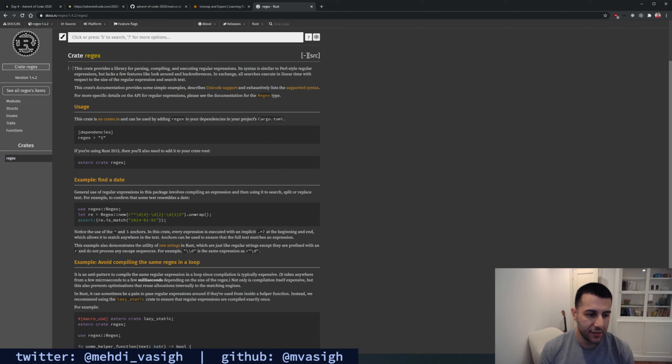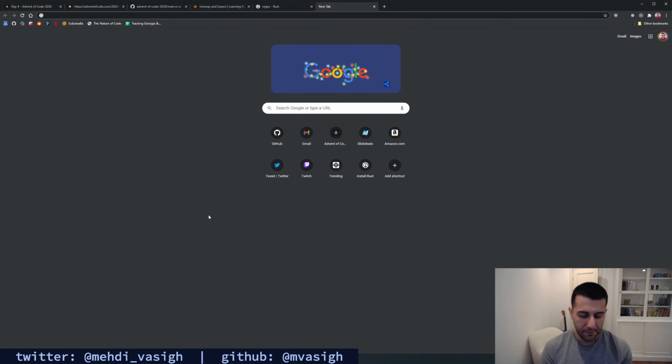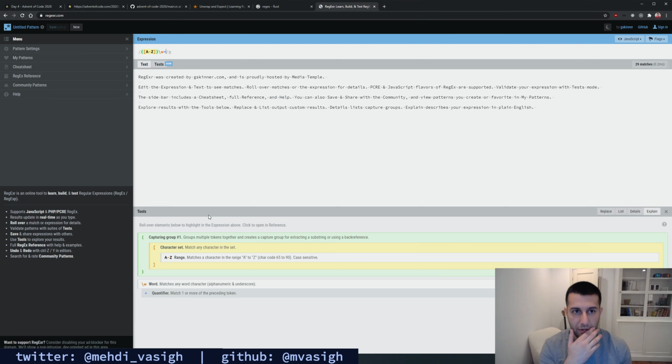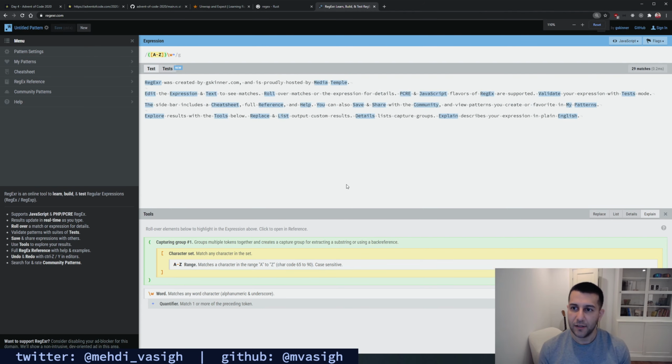So let's do that. Actually, before we do that, there is a wonderful website called regexer.com. I swear by this website anytime I write any form of regular expressions. Now, this is using the JavaScript regex engine, and there are some differences in syntax and parts of regular expressions that are supported by different languages. But for the most part, the basics and the bread and butter stuff that you'd be doing in regular expressions are pretty standard.